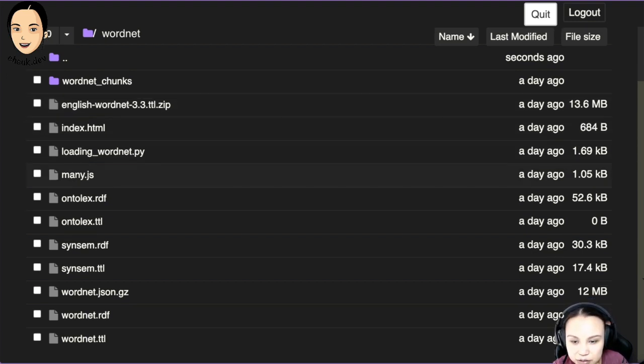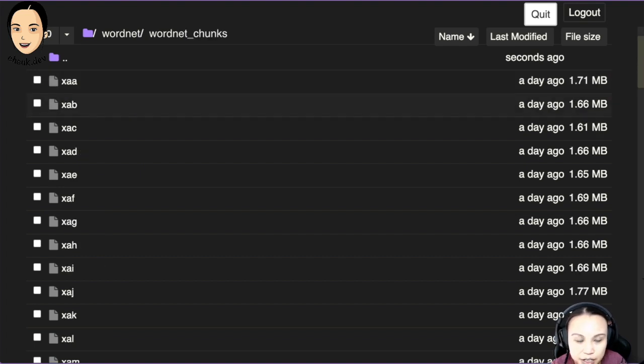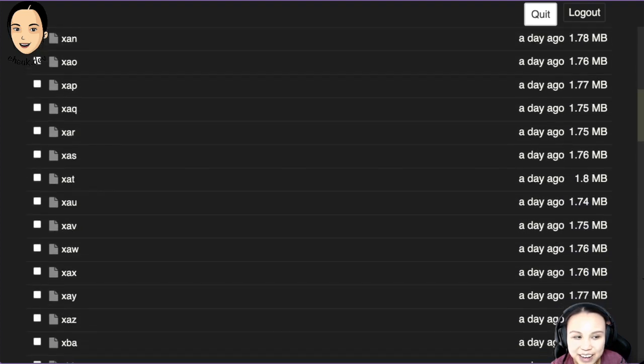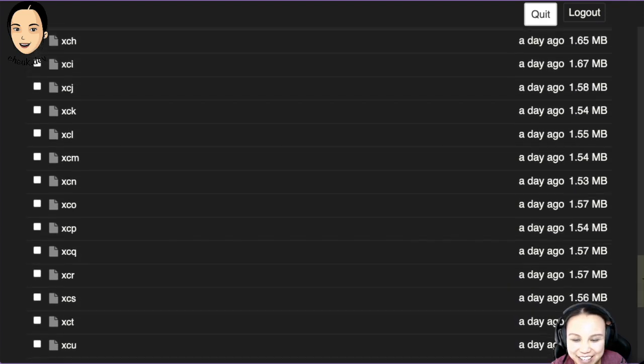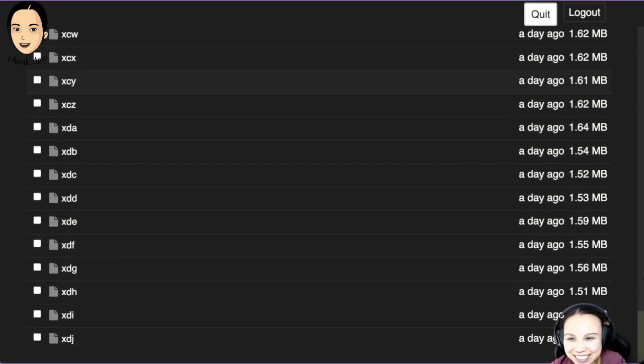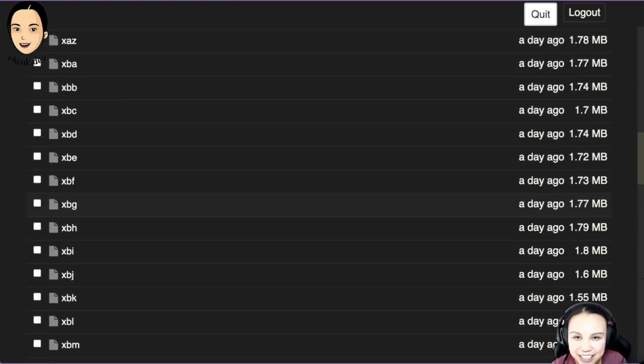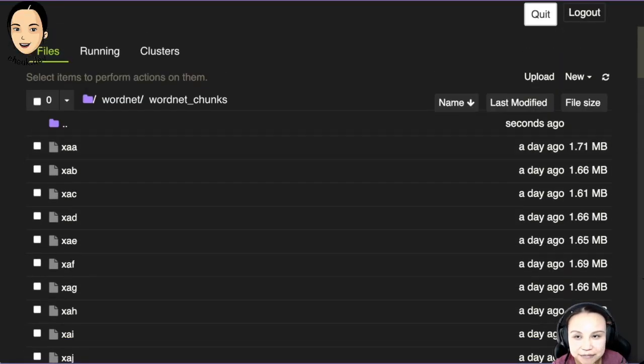The first thing that we did, with Gavin's help, is that I was able to break it down into chunks, because this English WordNet that we have is actually quite big. You can see that we broke it into chunks, and each one of them is 50,000 triples. That is quite a lot of them, and the size is quite big. So this is quite a big data set, and then we put it into TerminusDB